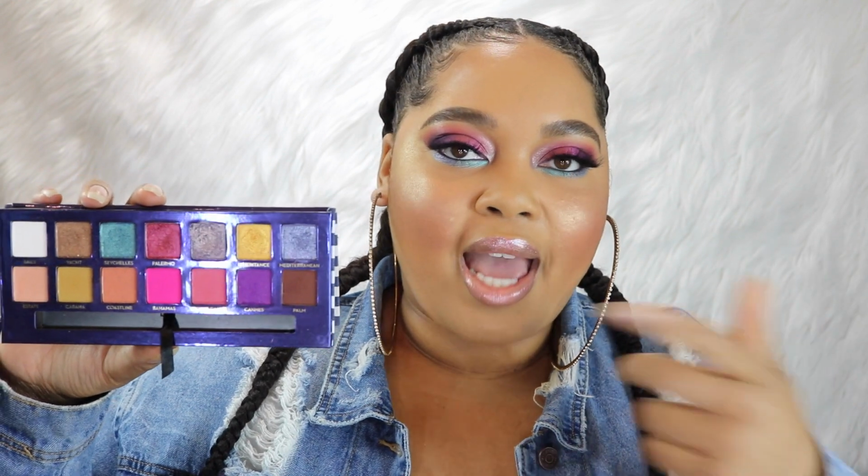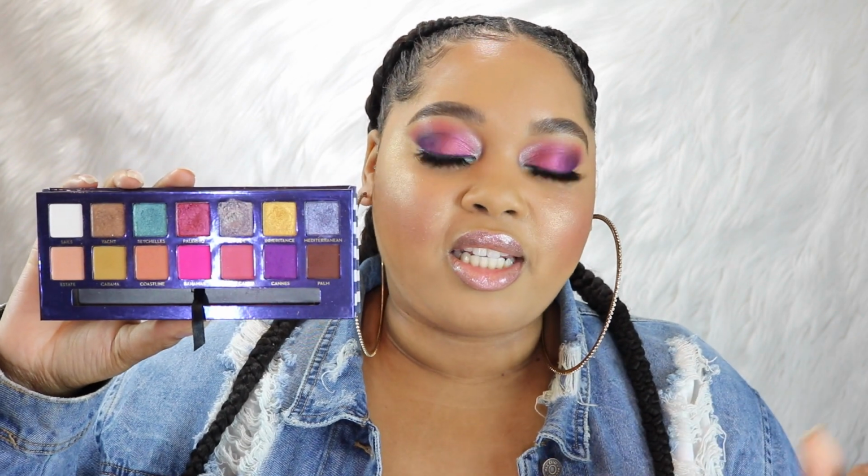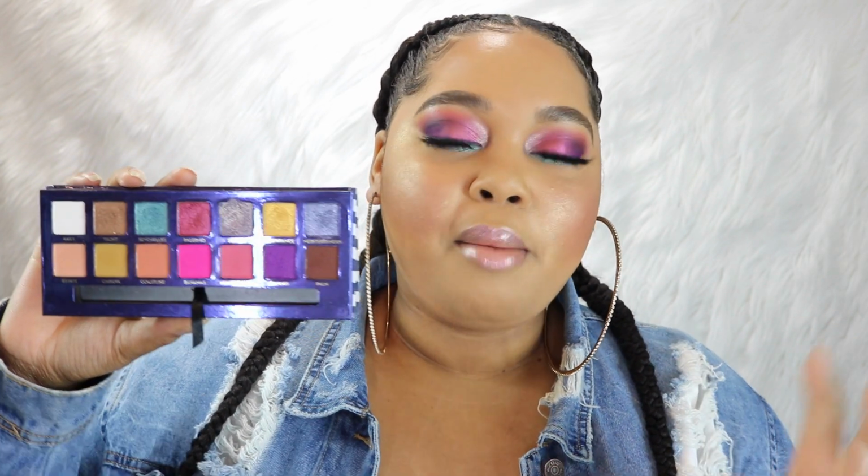So do an all neutral eye and then use this palette for 1 or 2 colors at a time on the lid. Or you could do like I did and go bold or go home. It's totally up to you and what you're comfortable with. But the formulation of these eyeshadows is great. And I am particularly always impressed with that purple, because it just pops, it's not patchy, and it's not dry,